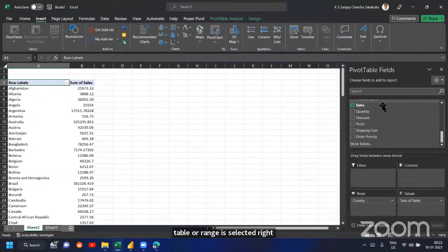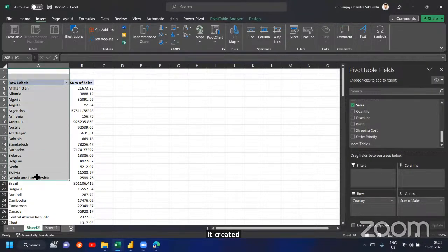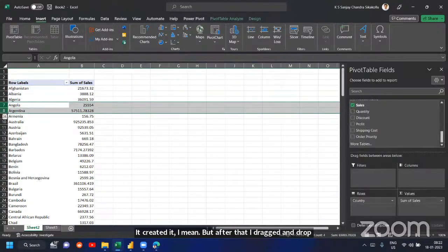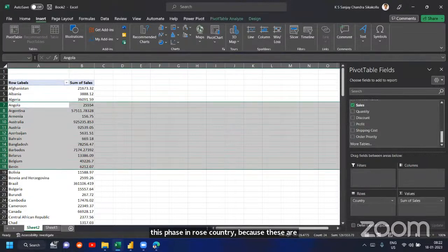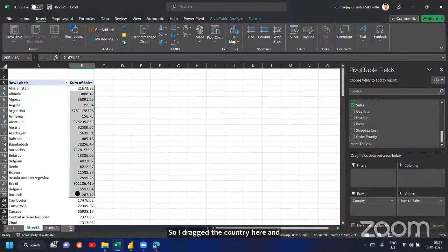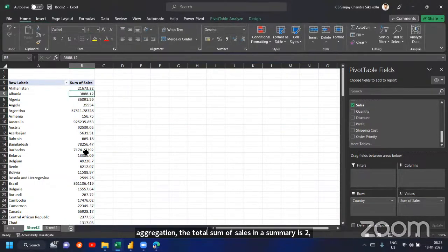After that I dragged and dropped these fields. Country goes in rows, because I want countries to be displayed in rows. And sales, I want the total sum of sales in a summarized view, so I dragged sales into the values area. So for those who are beginners, that's how we do a pivot.